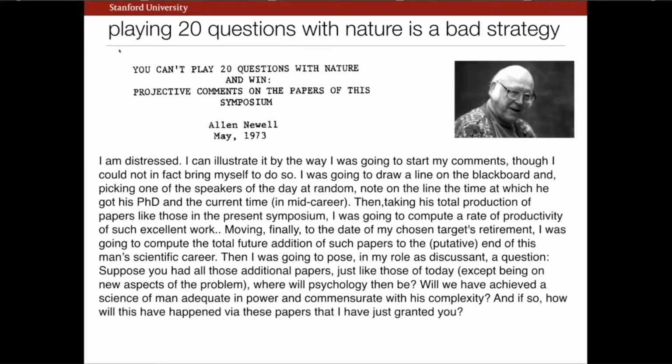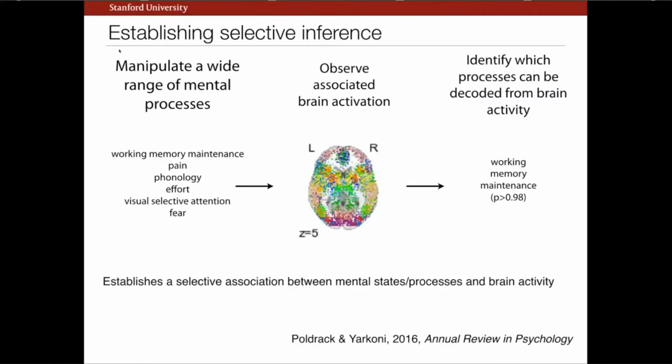famous 1973 paper, the 20 question strategy, right? So he was talking about early cognitive psychology, but I think his point remains here, that playing 20 questions with nature is a bad strategy to try to understand how a system works. Instead, you really need theories that describe what's going on in the system and allow you to then make predictions from that. So Tal Yarkoni and I wrote a paper a few years ago that basically made the